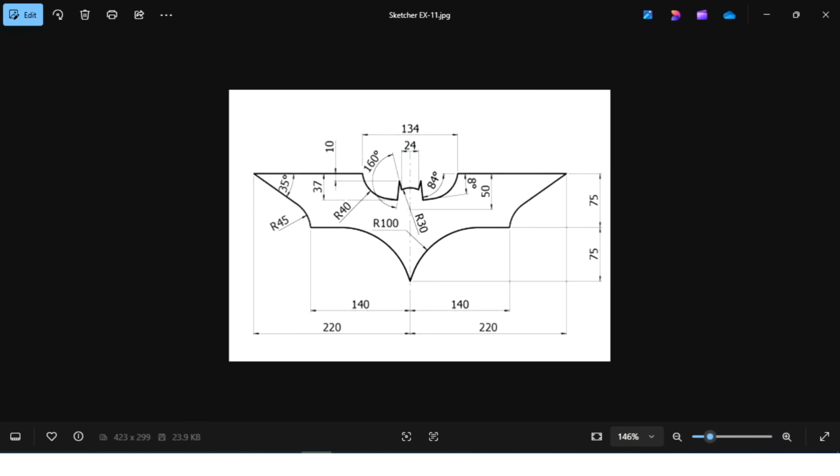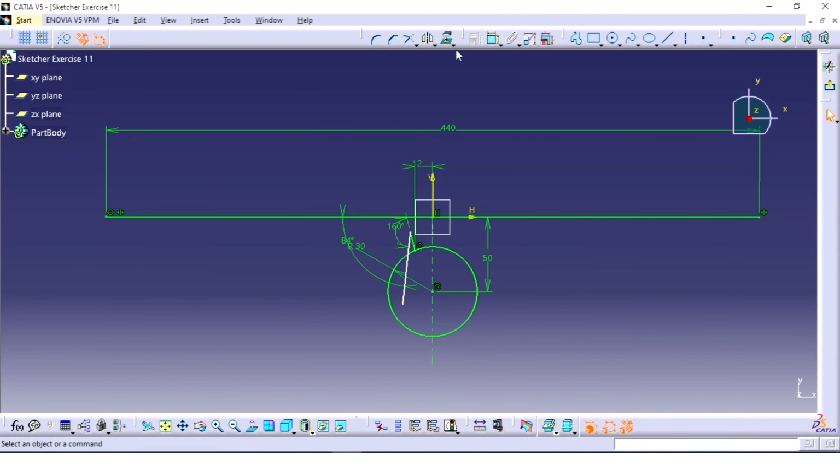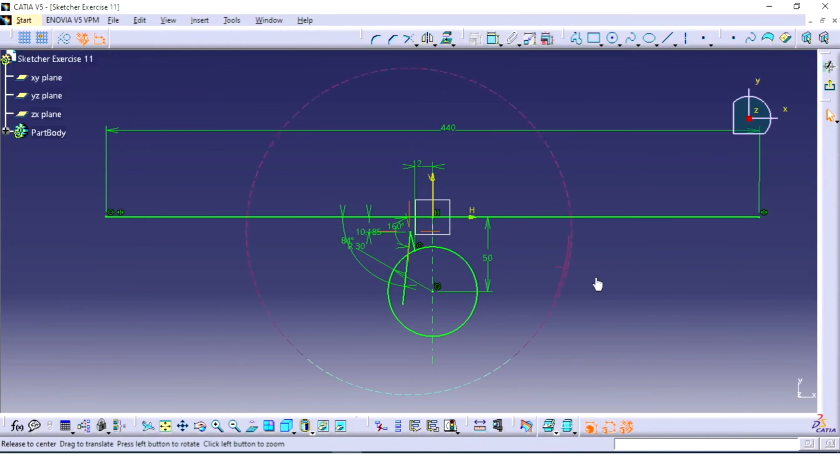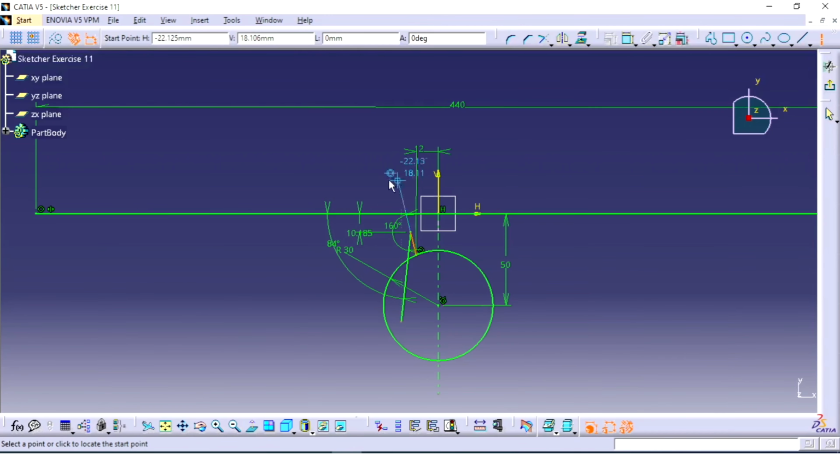Okay, next one, how much distance does it have? The ear is 10 mm from the fin. This is 10 mm. Okay, and what is the distance between these two? This is 134. So we will create it by using a line here,